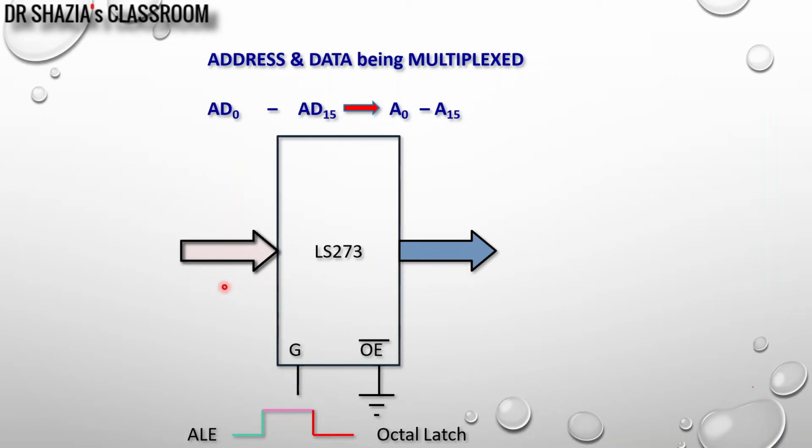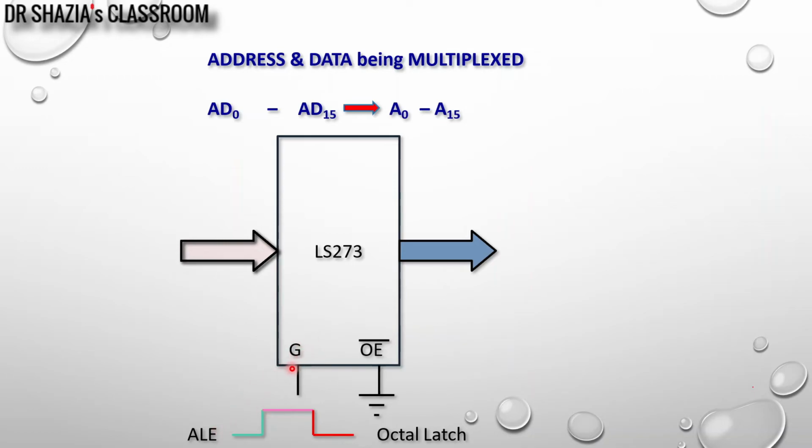First we are going to generate the address. At that time my gate signal should be high so that any change in the input side will be reflected on the output side. Address is generated. Once the address is generated, the gate signal should go low to latch the address till the processor generates the next address. So here you can see that ALE is used to control the transfer or generation of address to the gate signal.